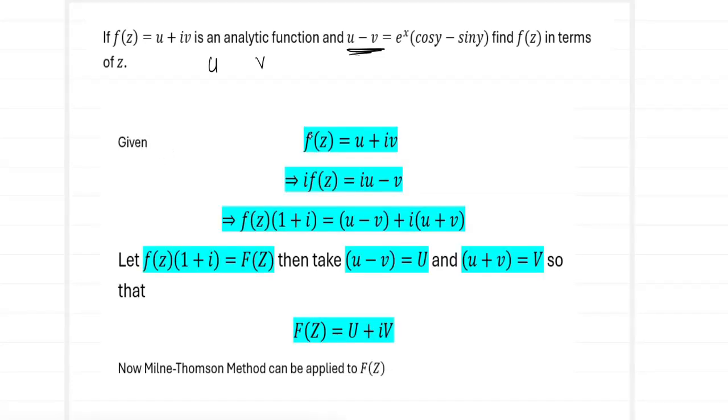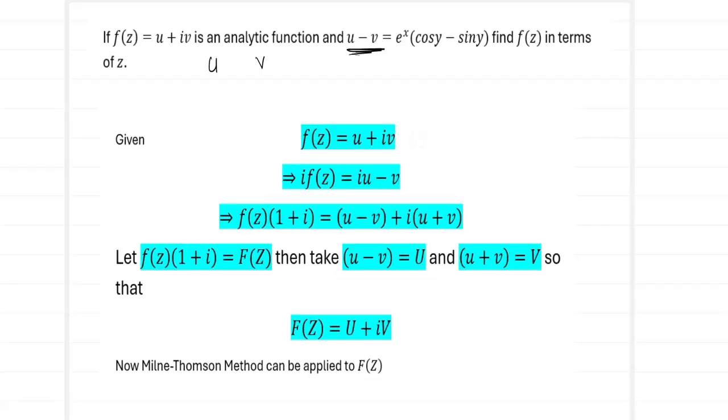Over here, what I am taking is f of z is going to be my given u plus iv. I am just multiplying this with i, so that i times f of z becomes iu, i into i becomes minus 1, so this becomes minus v. Now I have an f of z and then I have an i times f of z. So what I am going to do is I am going to add these two quantities. When I add f of z plus i f of z, f of z can be taken outside, so that it leaves with